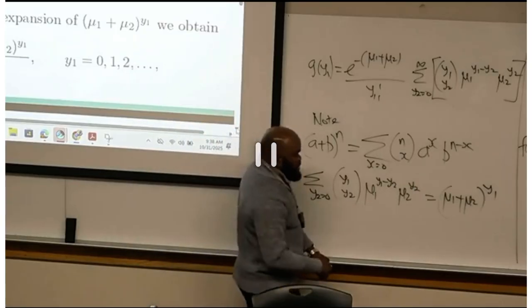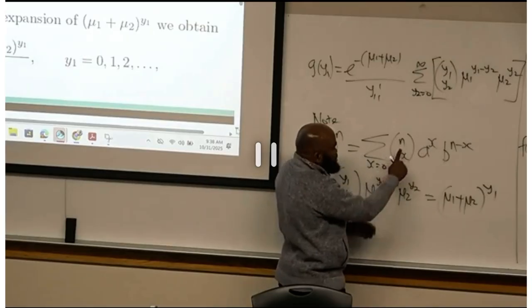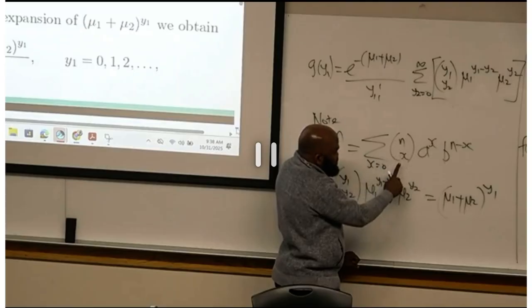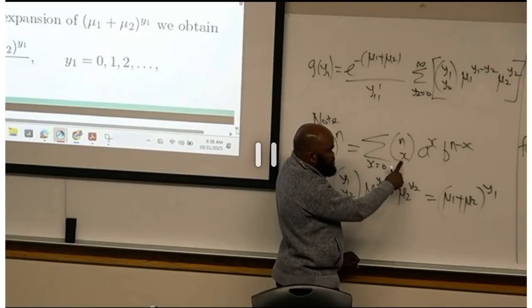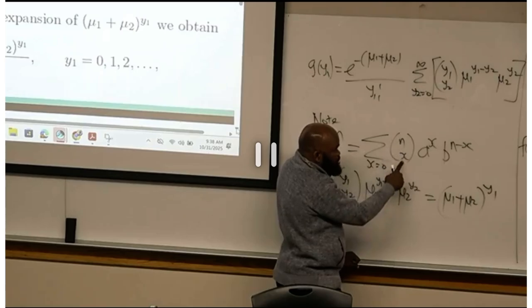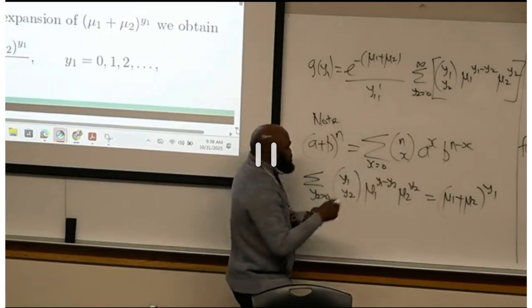Now, let's take a look at this. Y1 here is behaving like an n. See, y1 is n, right? X is y2. Look at that. Okay? Y1, this is like y1, so we're using, since this got from theorem, this is not